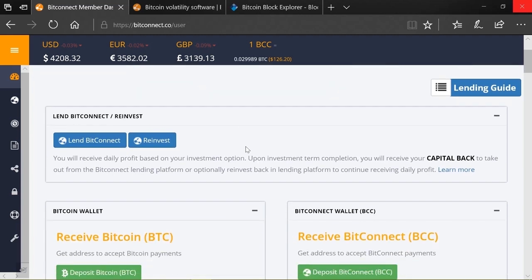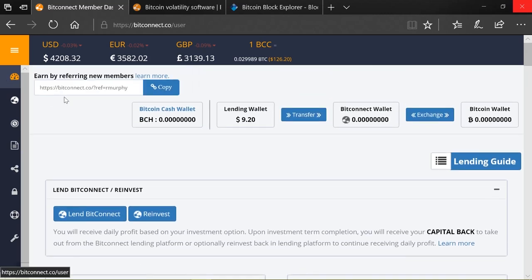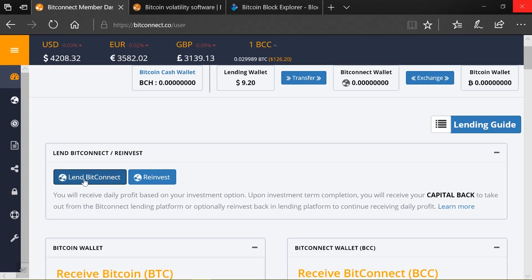So we've got the lending and the reinvest area underneath on the home page. So this is the dashboard. You have the lend Bitconnect and the reinvest. The reinvest here is utilizing any money that's in here. Now the minimum reinvest per day is $10, but there is a stacked version of reinvest with extra benefits the more you put in. So this is part of the lending platform. There is a trading platform, we'll show you that shortly.